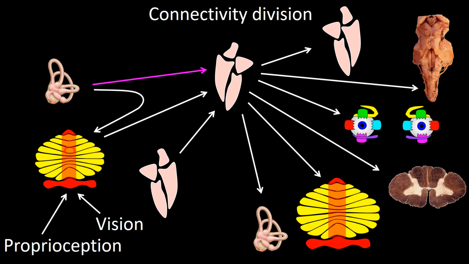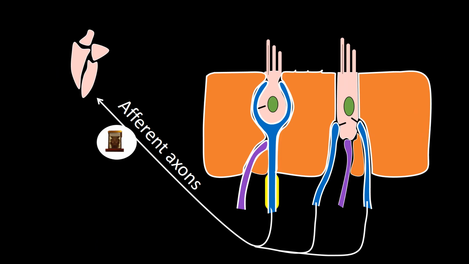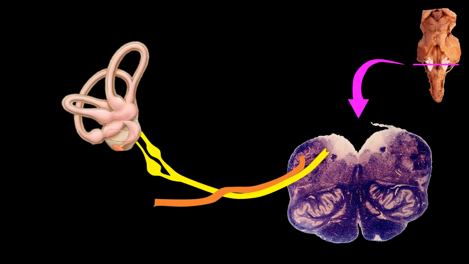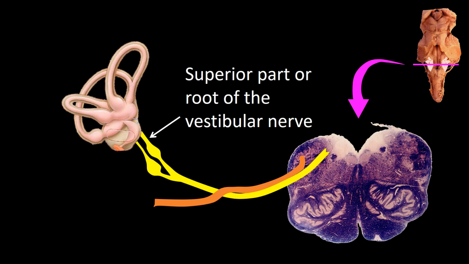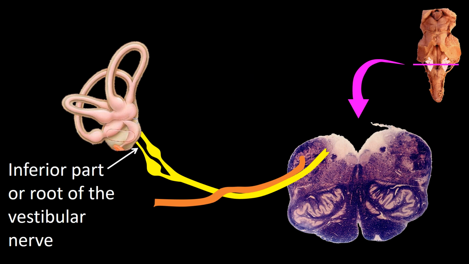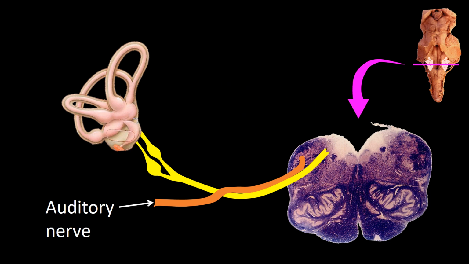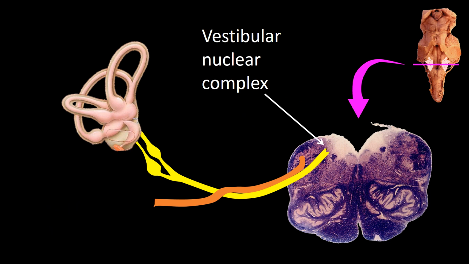The vestibular apparatus, the labyrinth, is connected with the vestibular nucleus in a very specific way. The origin of this connection is the efferent axon of the neurons in the vestibular ganglia, through which electricity from the hair cells travels to the vestibular nucleus. This frame depicts a medullary cut at the level of the vestibular nuclei. I have now added the vestibular apparatus. The new structures I have added are the superior part of the vestibular nerve, the inferior part of the vestibular nerve, the ganglion or ganglia of Scarpa, the vestibular nerve, the auditory nerve, and the vestibulocochlear nerve, and the vestibular